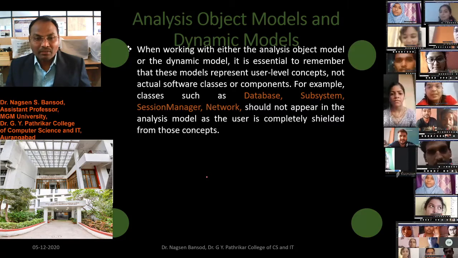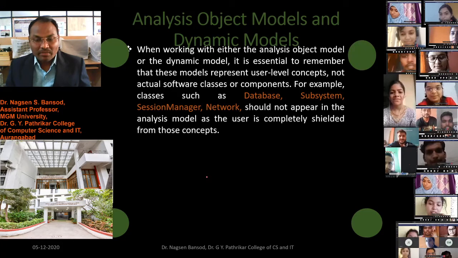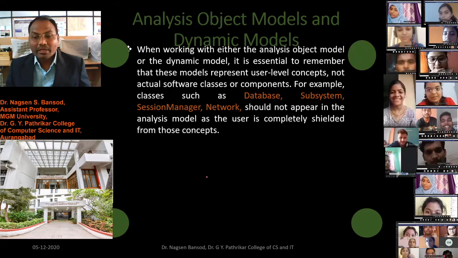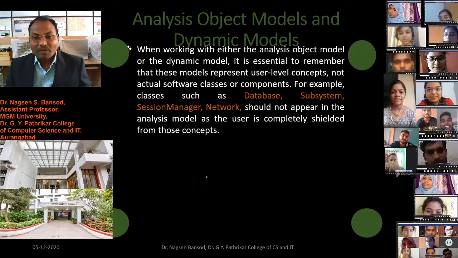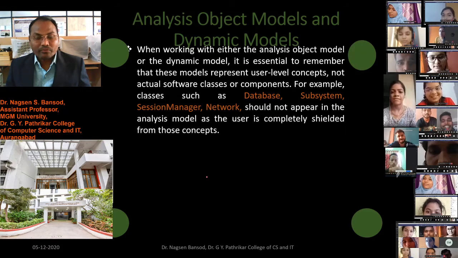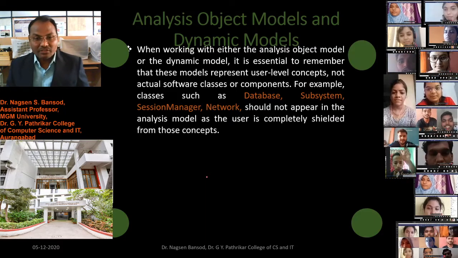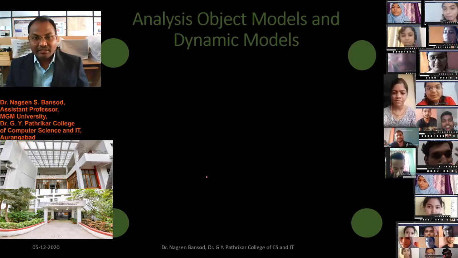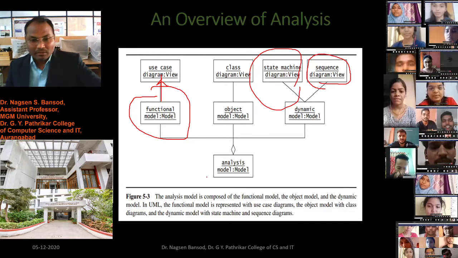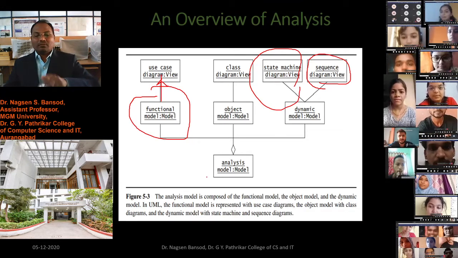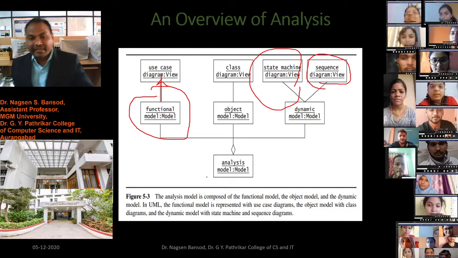For example, classes such as database, subsystem, session manager, network should not appear in the analysis model, as the user is completely unaware of these concepts. This is the analysis model that depicts various classes and attributes.